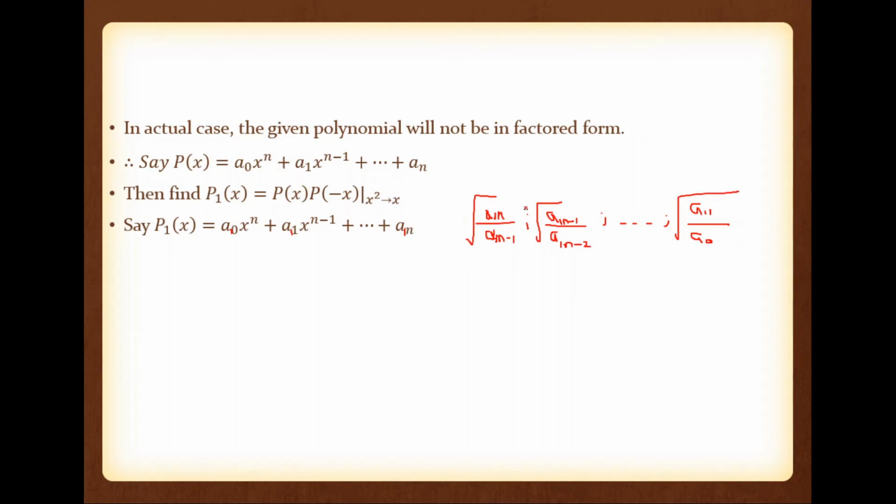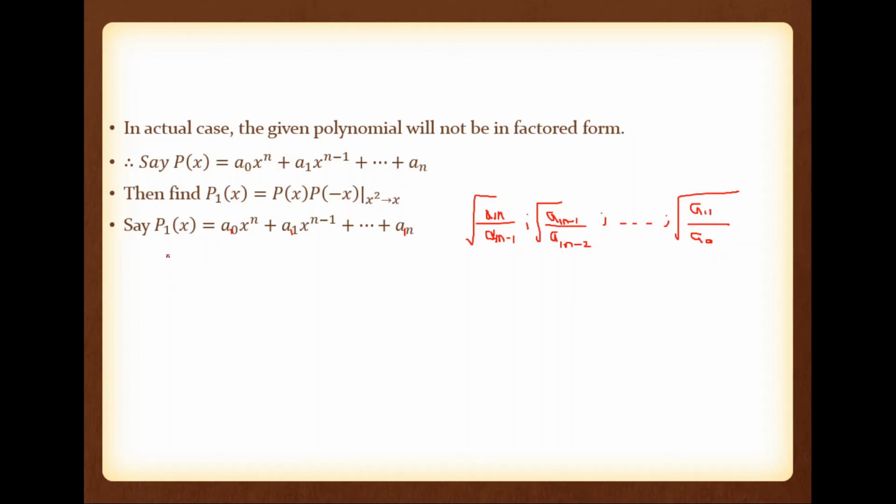But I told you, if you are calculating roots by using this method, it will be accurate if and only if the roots are far away from the remaining roots. If the roots are real, distinctive and far away from the remaining roots, this one will be the accurate one. But please note, if you are calculating the roots from p1, maybe it may not be far away from the remaining roots. So what we have to do? We have to make it far away from the remaining roots. So for the purpose, we are taking the square.